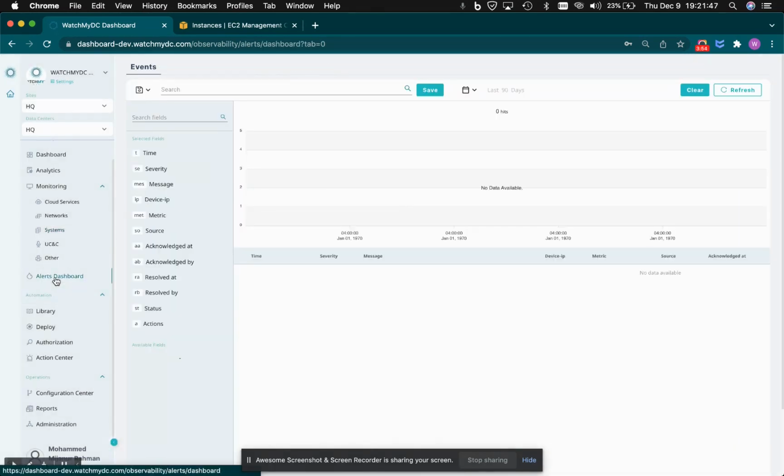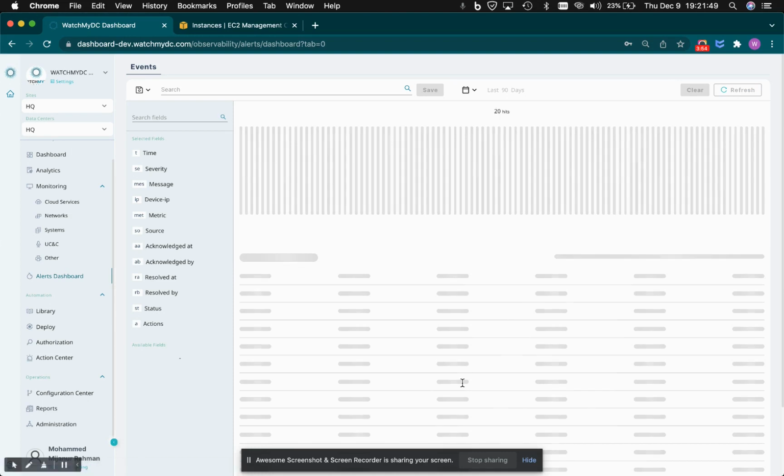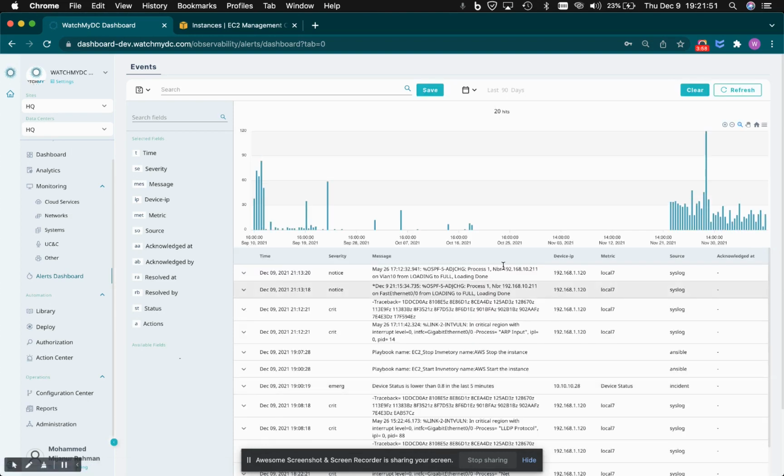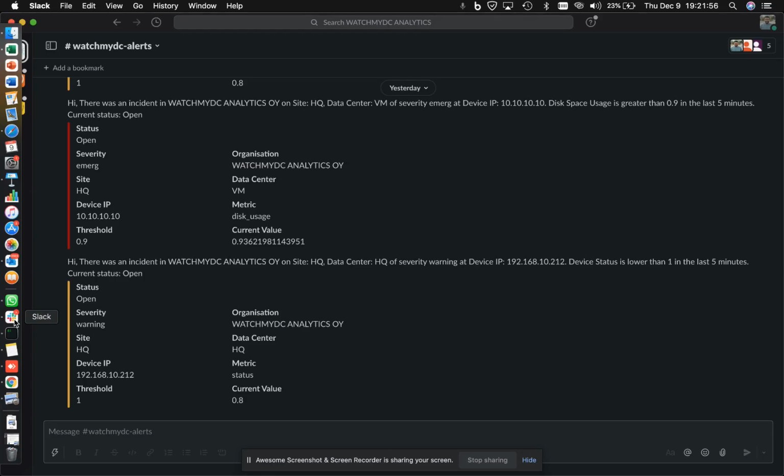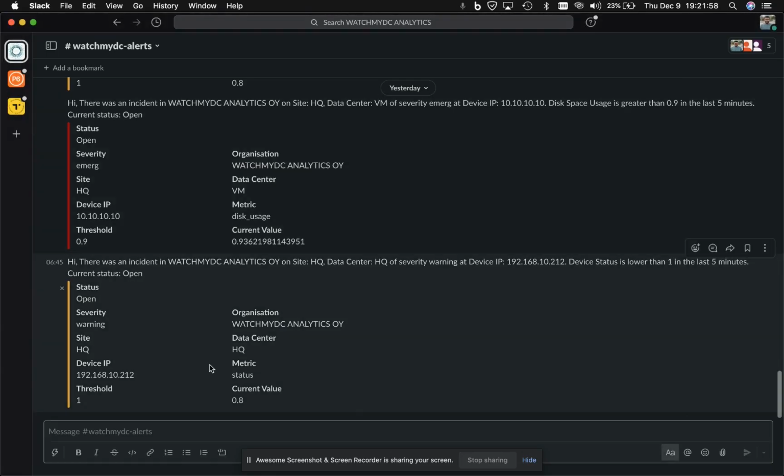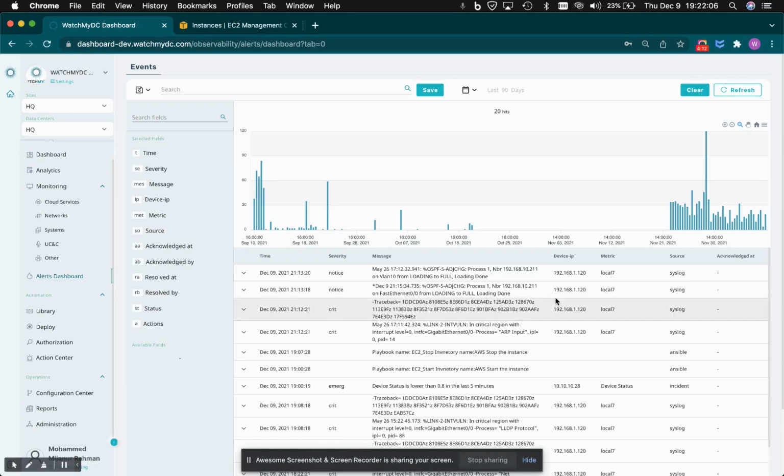This is the WatchMyDC Unified Log Analysis tool. We wait here for the incident alert. We also wait to see the Slack notification in the configured channel. It may sometimes take time, depending on the action rule configuration. For example, for an availability check of 40%, it takes 3 minutes. WatchMyDC polling frequency is 1 minute.